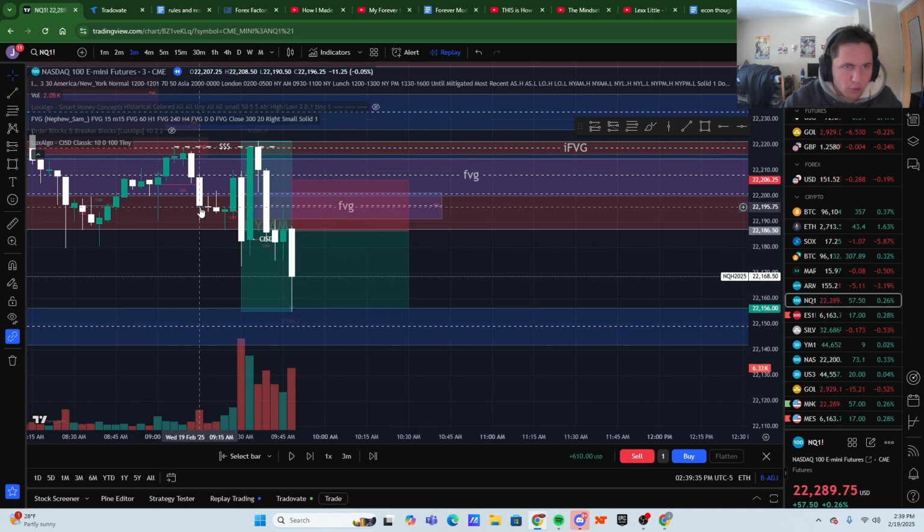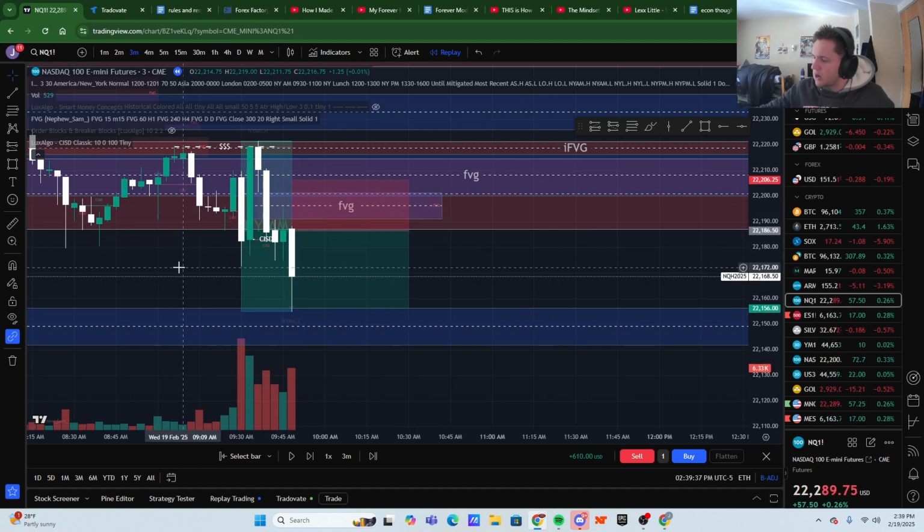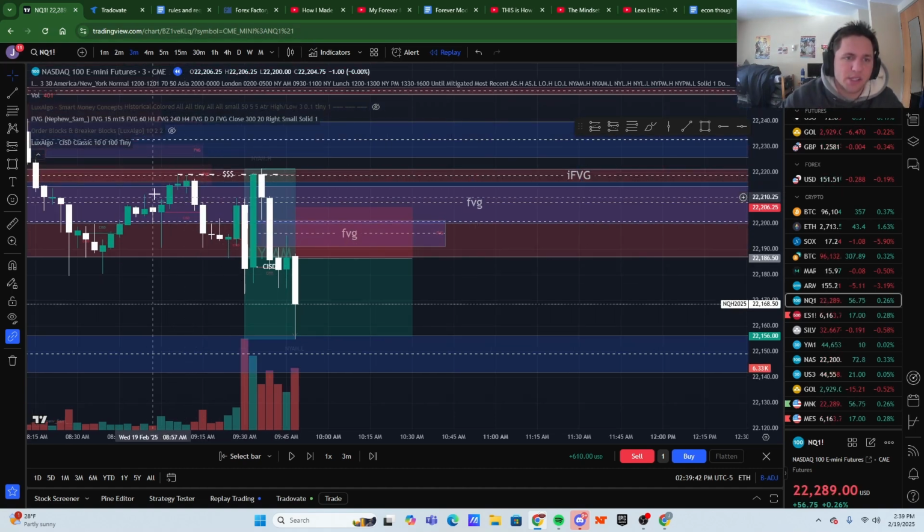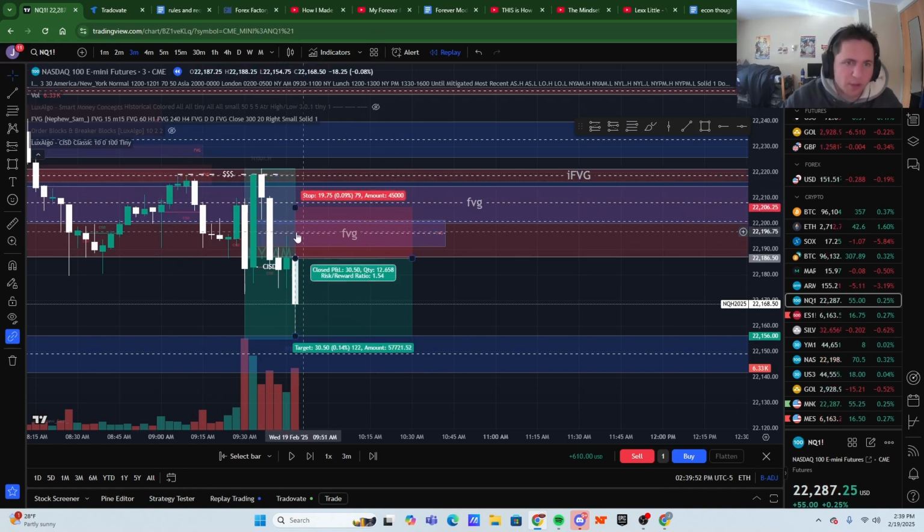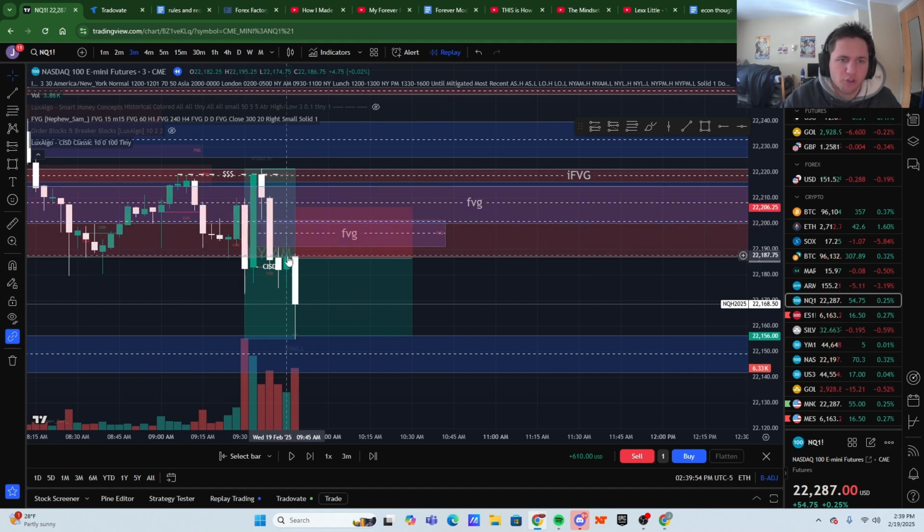So just to review, this is kind of inspired by Justin Moorline's Forever model, because we are using top-down analysis. We are following the line of our bias going towards the draw, that bullish 4 hour. So not only did we have that following all these inverses, we had that liquidity sweep, so we're definitely bearish. We had this 3-minute bearish open up that we respected beautifully. Change in state of delivery, so now we have confirmation of bearish momentum, and we get that entry off that close, and it comes to there beautifully.